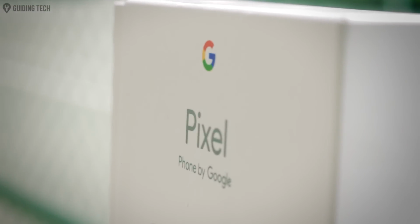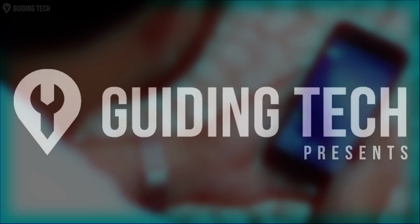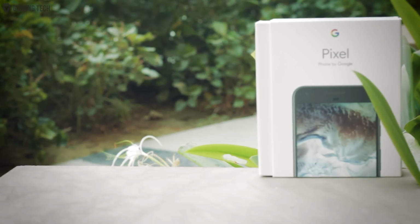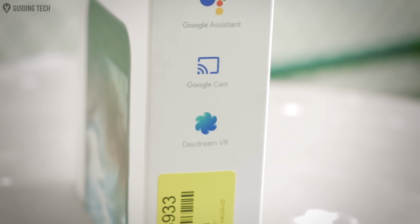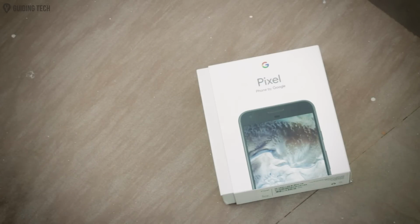Today we are unboxing the Indian retail unit of Google Pixel. So let's not wait anymore and have a first look at the device. This is the smaller variant with a 5-inch screen. There is another variant with a 5.5-inch screen called the Pixel XL with the same specifications but 9,000 more expensive than this one, which already is way too expensive for the Android market at 57,000. So now that you have seen the overall packaging, let's get straight to the unboxing and have a look at